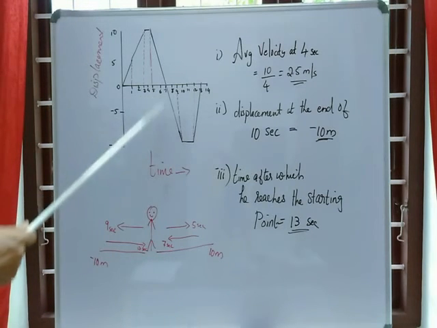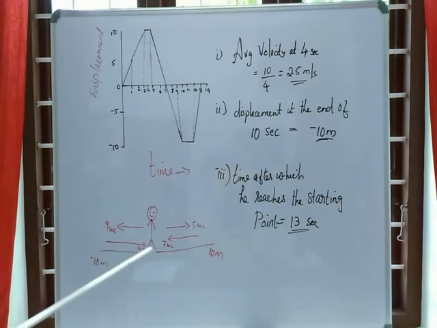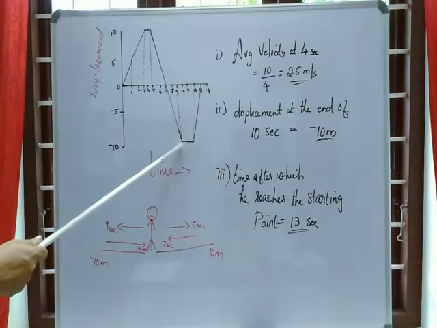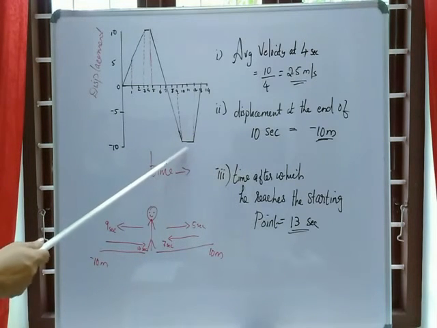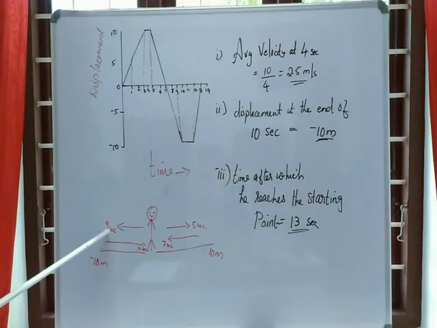Now you can see a negative graph. In the negative quadrant in the graph, that means the cyclist is going in the opposite direction. So from the 7th second to the 9th second, within 2 seconds, he reaches 10 meter. Why I am writing negative 10 here is that he is going in the opposite direction. But actually he is traveling a distance from 0 meter to 10 meter.